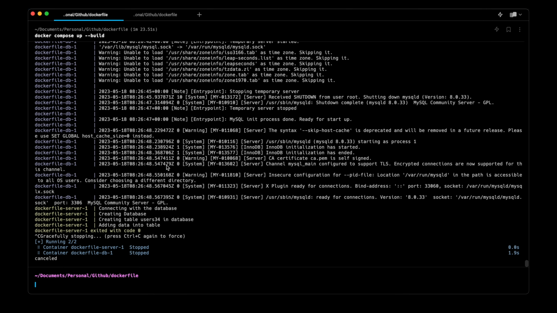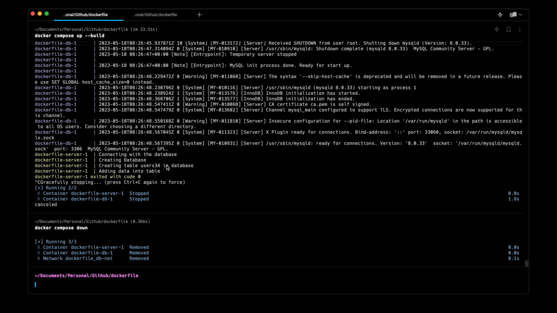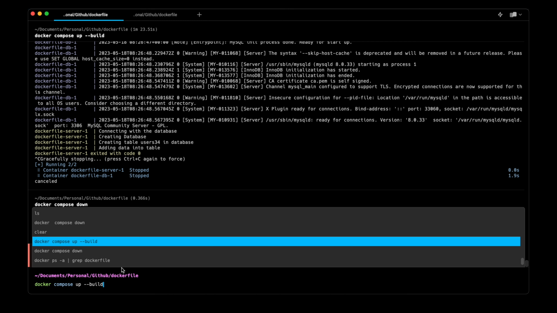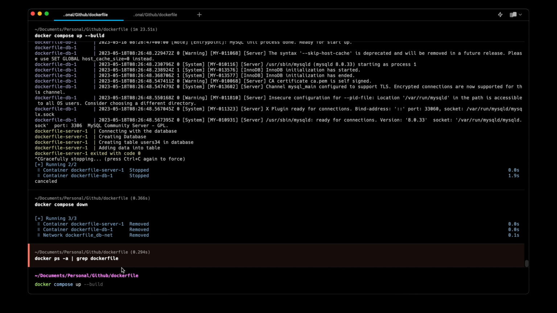And here we will run docker compose down. So we can see that our containers are removed. We can also check using the command docker ps. Okay, as we can see, no containers are present. Now when I do docker compose up again,